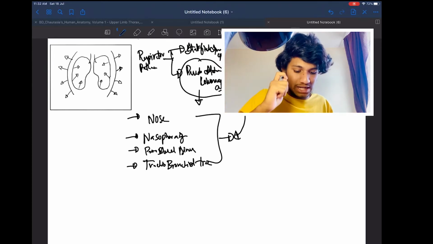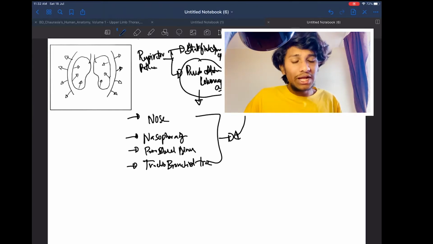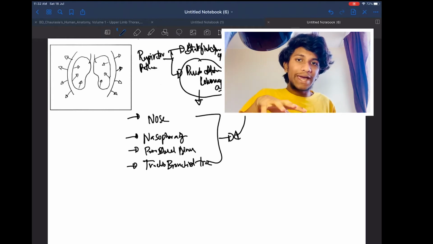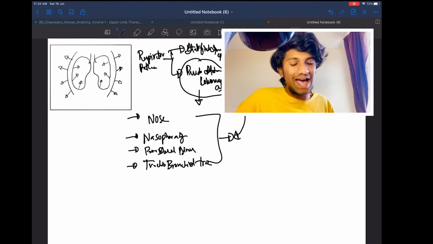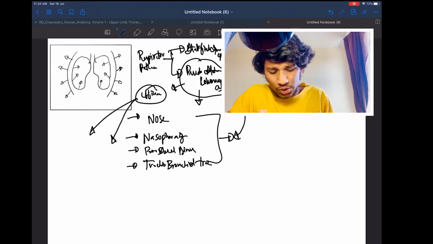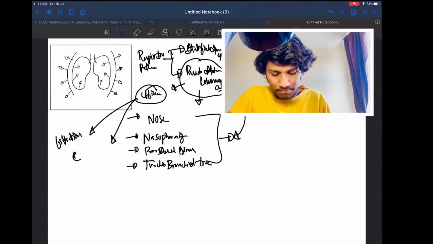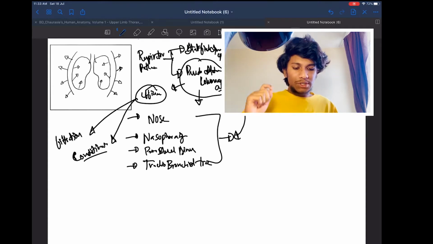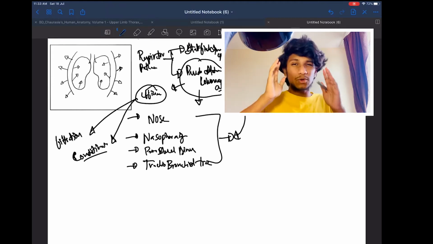But coming to the nose, nasopharynx, and paranasal sinuses, and also the tracheobronchial tree, these are completely lined by the pseudo-stratified columnar cells. These pseudo-stratified columnar cells are highly efficient. They do two works, which are the filtration and the conditioning of air. So let me correlate this efficiency with one